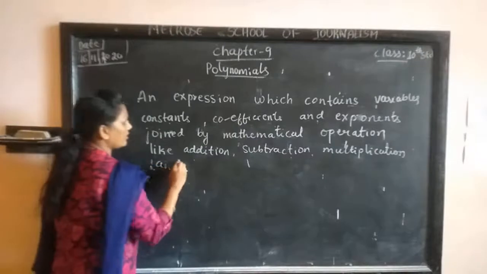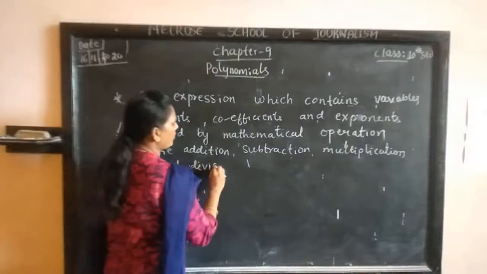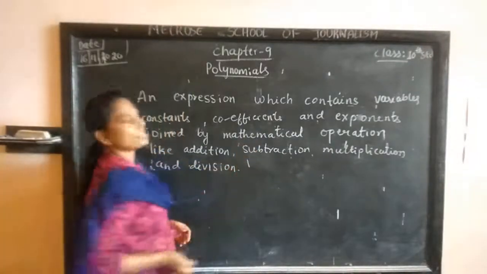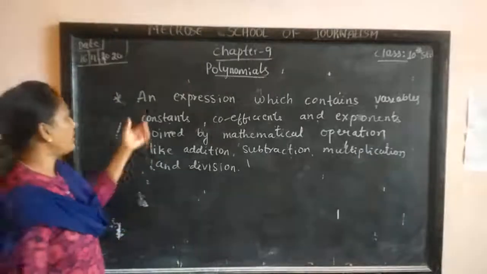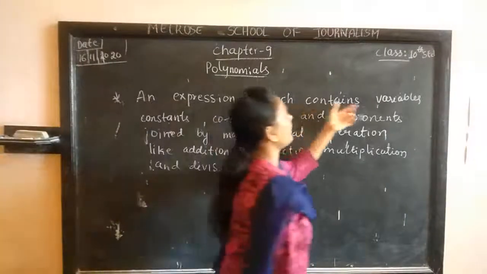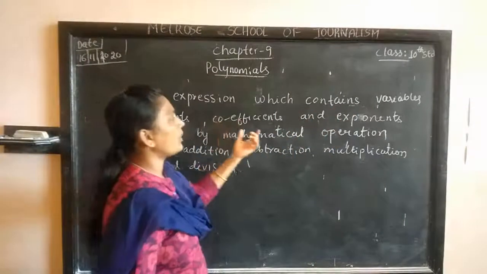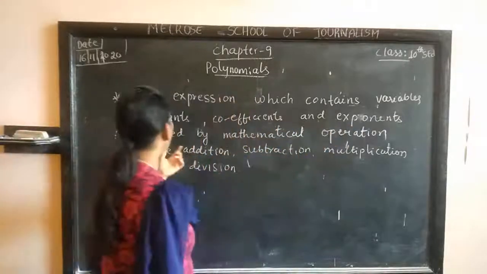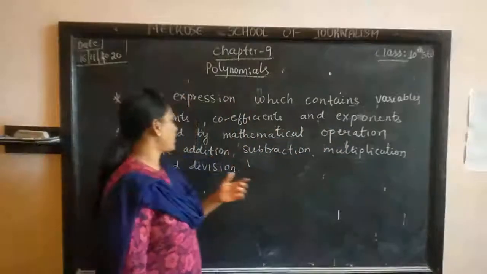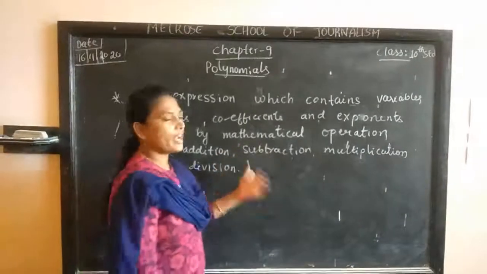And this is known as a polynomial. Understood? Here the polynomial is what? It is an expression which contains variables, constants, coefficients and exponents joined by mathematical operations like addition, subtraction, multiplication and